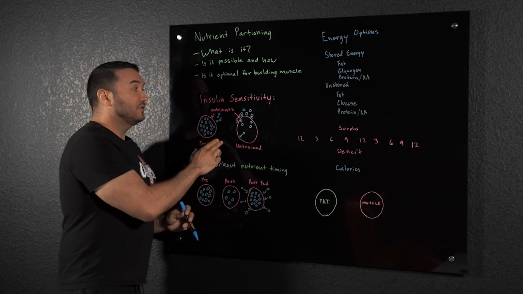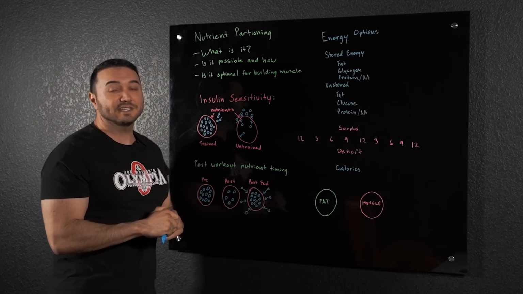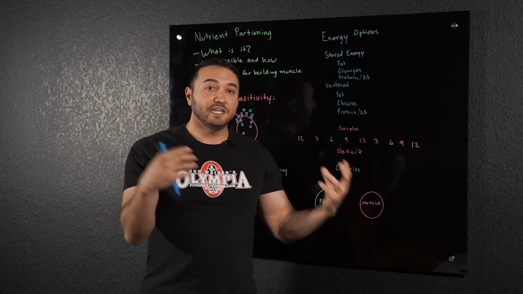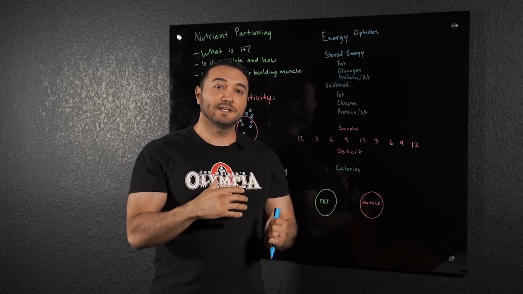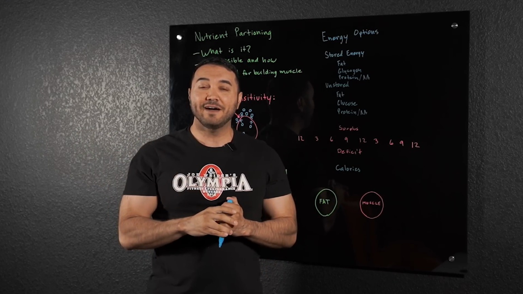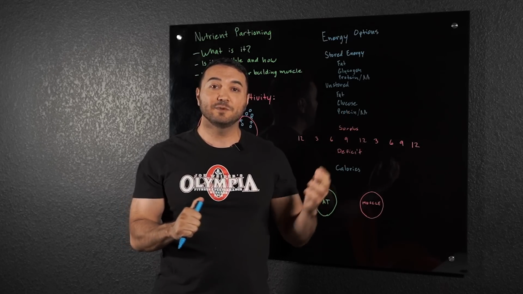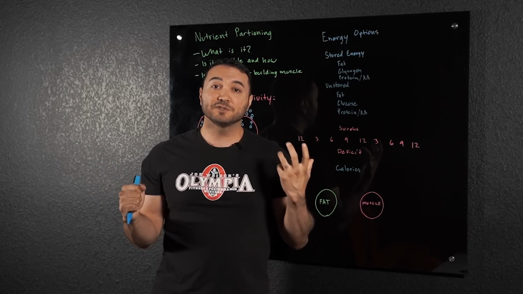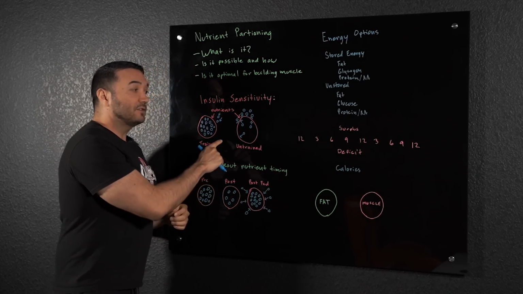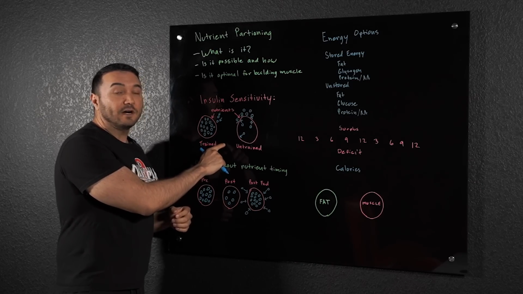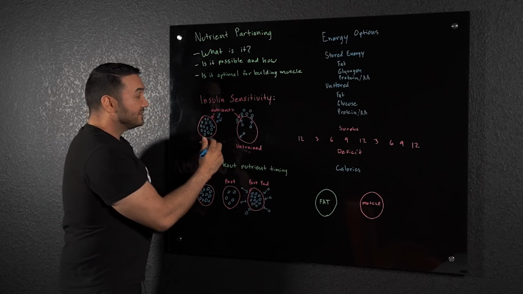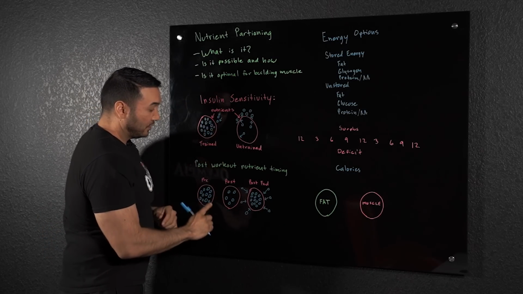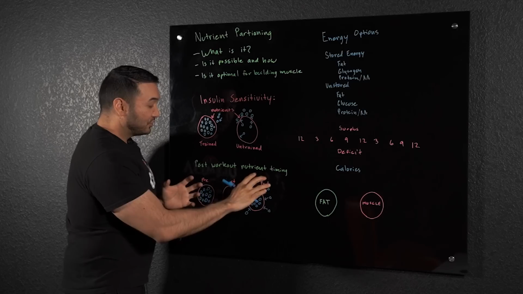Now, the best thing you can do for insulin sensitivity is exercise. It's where you're depleting the glucose out of your muscle cell, and you can actually shuttle nutrients into the muscle cell without having huge spikes of insulin during that time. Your body is just needing it. It increases the insulin sensitivity of the muscle cells. So that's something to really think about and know about when we talk about nutrient partitioning, right? As you see, when these nutrients leave here, we go into the post-workout nutrient timing.